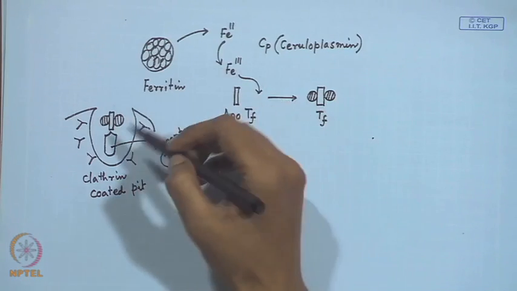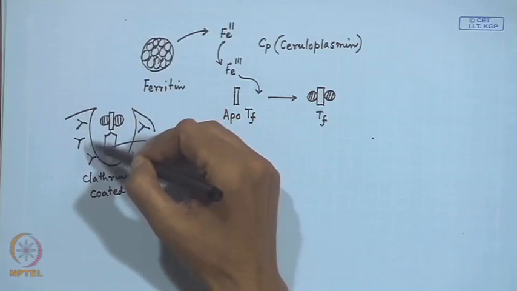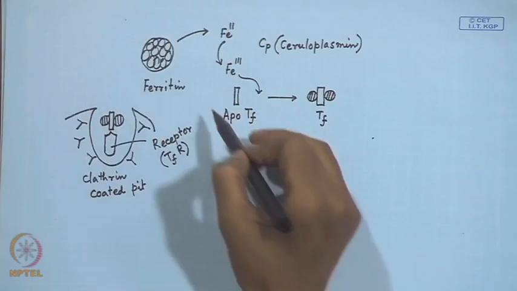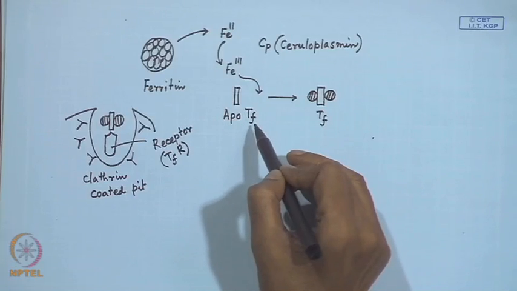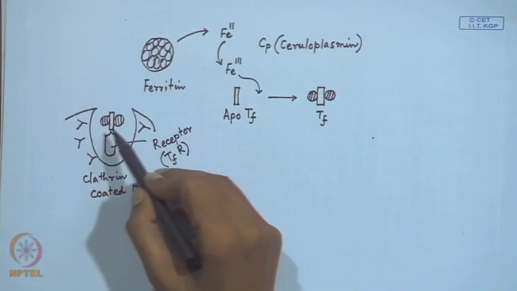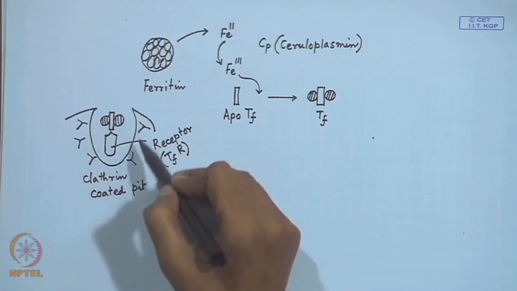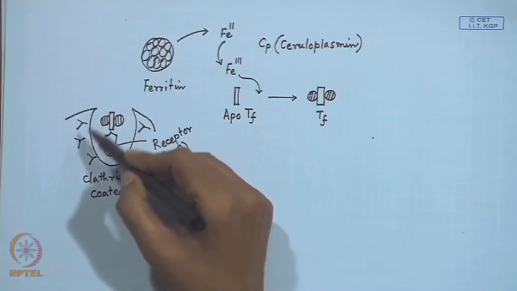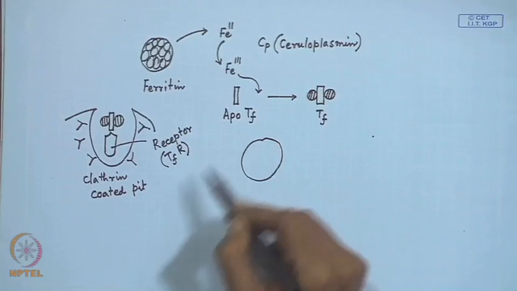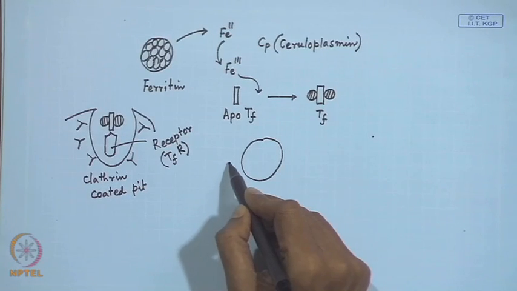So, when this particular iron is entering, within this particular pit they are forming. So, at one hand you have the apotransferrin, you are taking up the iron, and that iron loaded system is there, and this particular thing is forming a circular form. So, ultimately when iron is getting entered, you get the corresponding